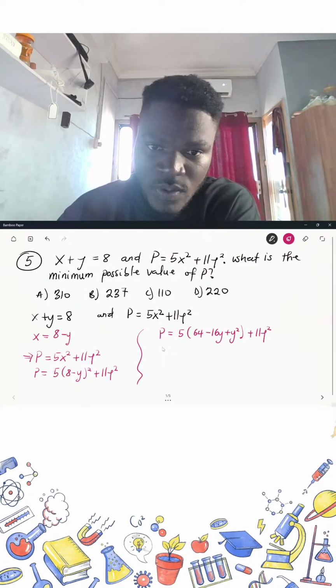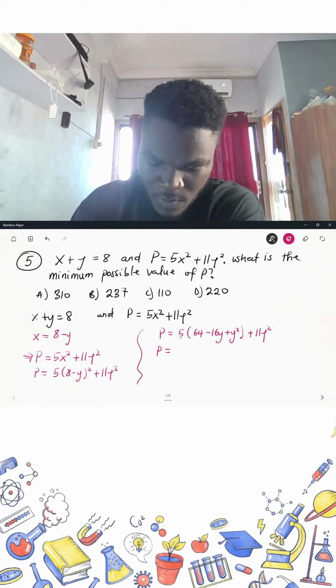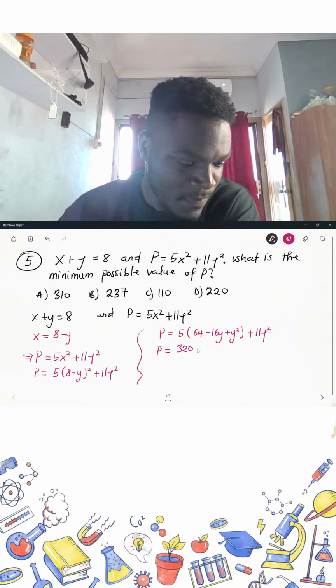I believe so. So here I have p is equal to, I now use the 5 to multiply through. So 64 multiplied by 5, that will give me 320. Then